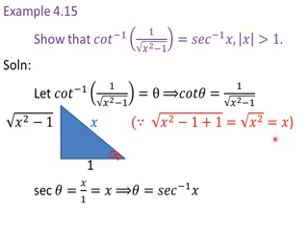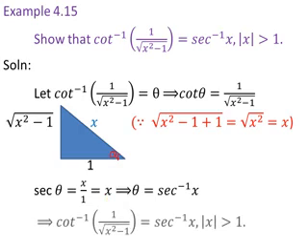Now we can find secant theta from this. Secant theta is equal to what? Cos theta means adjacent side by hypotenuse. So here it is hypotenuse by adjacent side. It is x by 1, which is equal to x. From this, secant theta equal to x means theta equals secant inverse x, which implies theta means what we have in the question. That is, this only we took as theta. So instead of theta you can write cot inverse of 1 by root of x square minus 1. It is equal to secant inverse x, where modulus of x is greater than 1.